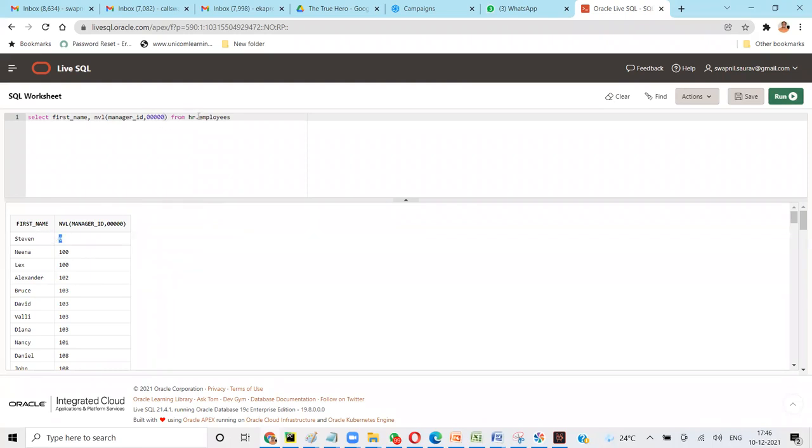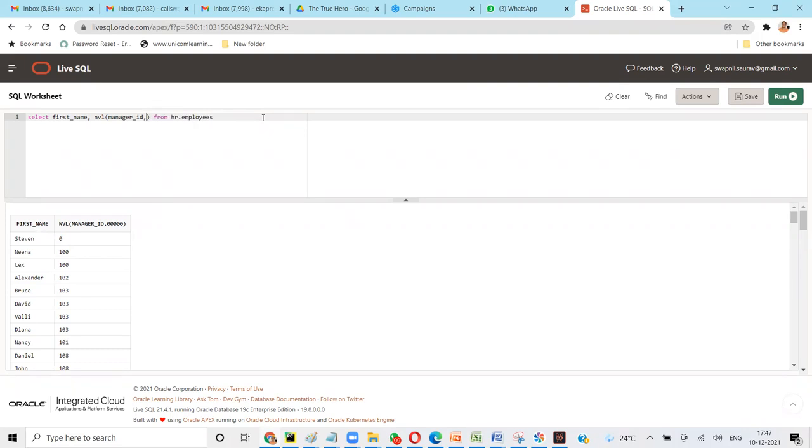So if we had some other column which was text, then you can replace that with text, right? So when you are trying to replace a value, this is how you do NVL. I can do something like 999, up to you.